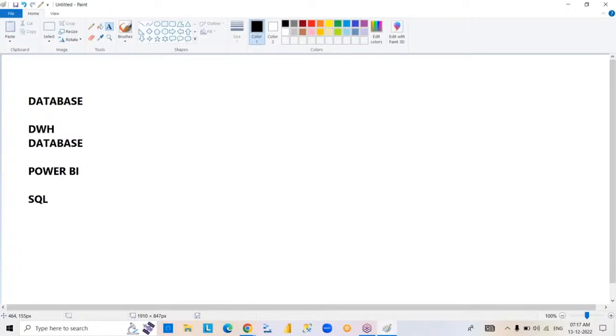So actually, why are we discussing databases? Because our actual concept is Power BI, right? So now, coming to the next scenario, Power BI is basically a data warehouse tool. In the same way,